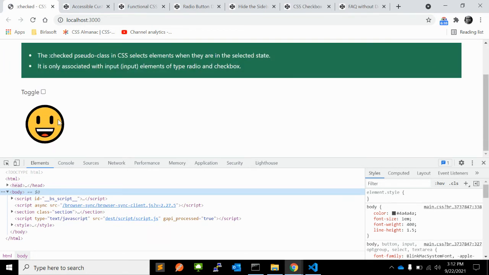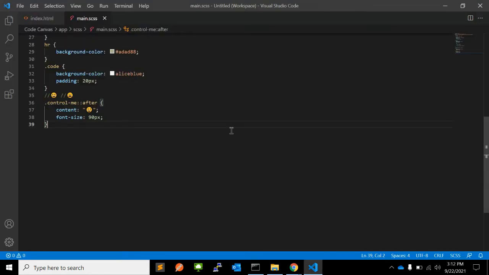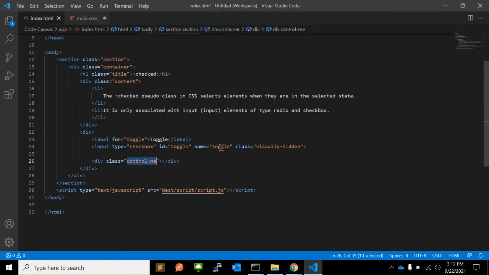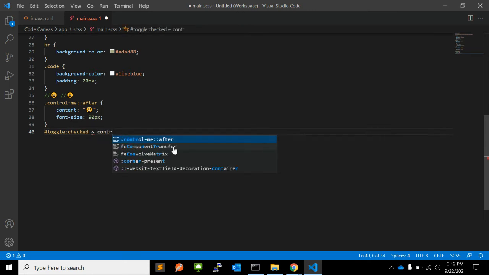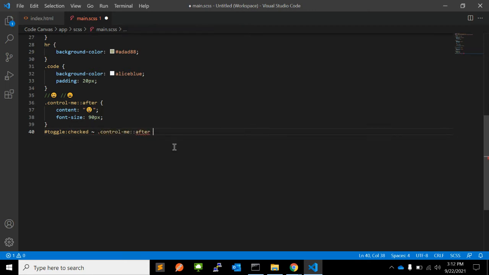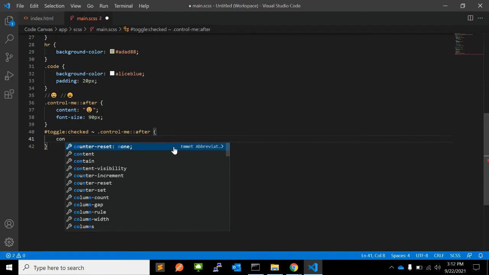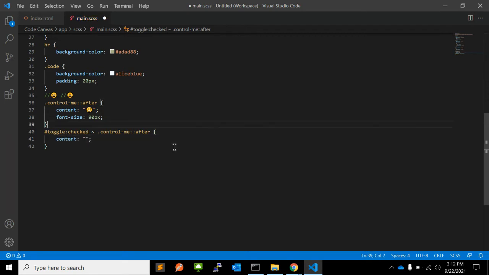You can see the smiley is there. Using this ID toggle, you can use ID toggle checked and you can use control-me after and change the content. Here you can change content to another smiley.